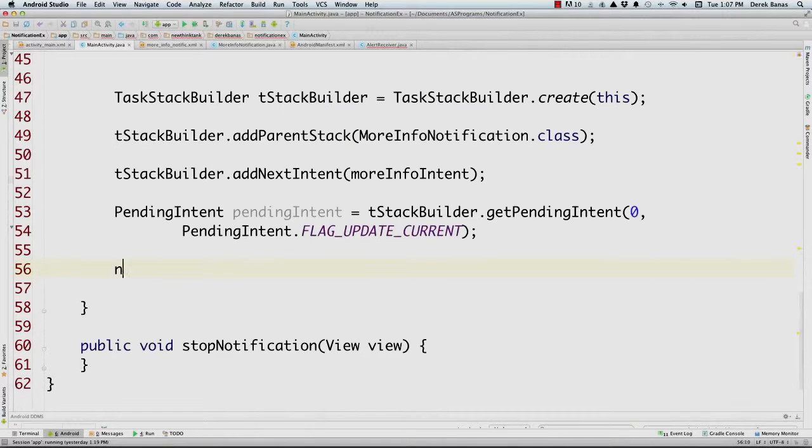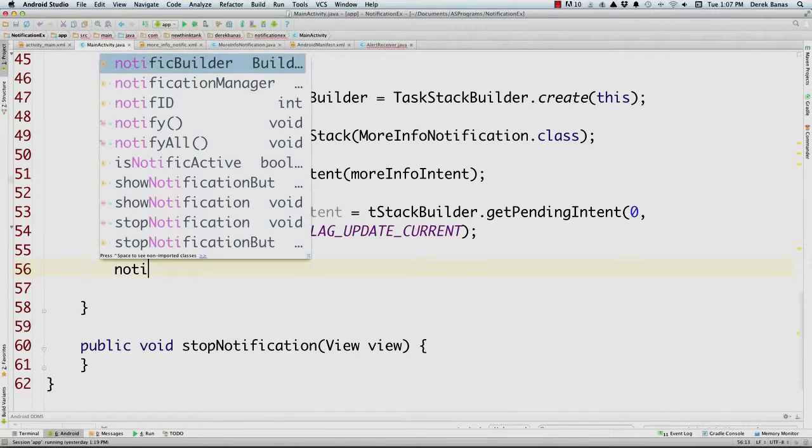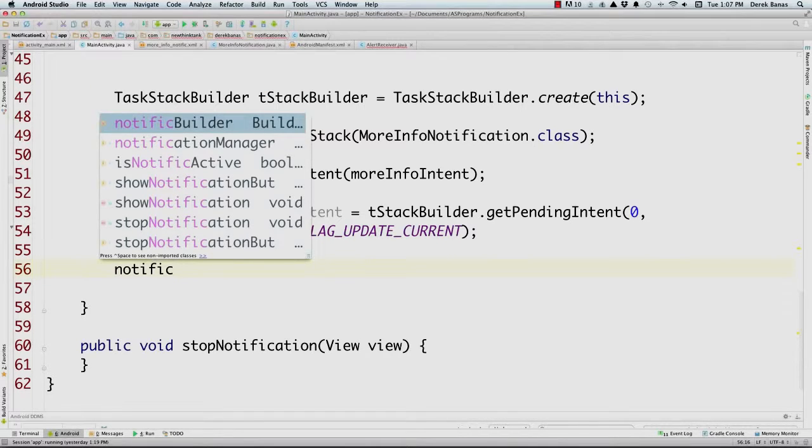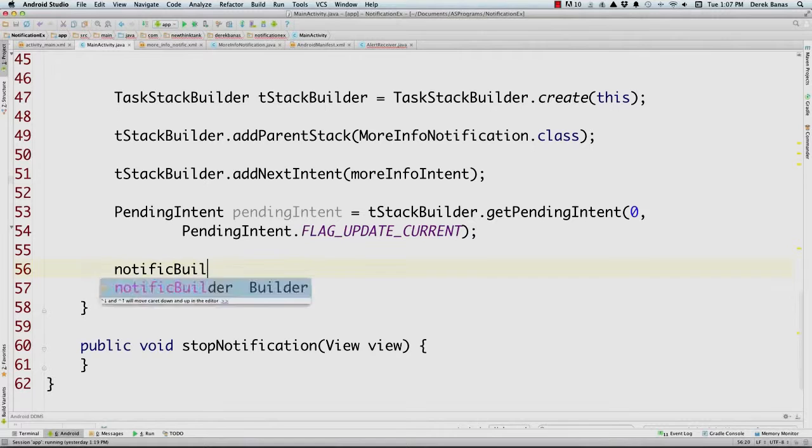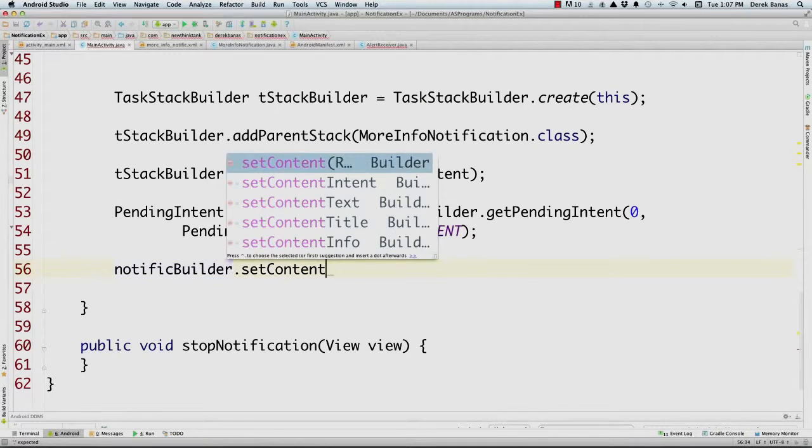And there we go. And now finally we're going to define the intent to fire when the notification is actually clicked on. Like I said before, if you want to see what this looks like, go to the end of the video and look and see what the application looks like. It'll make more sense. It's just basically in the taskbar, the intent pops up. It's like a little message that goes away. And if they drag the taskbar open and click on it, right here we're going to define exactly the intent to fire whenever that notification is clicked on.